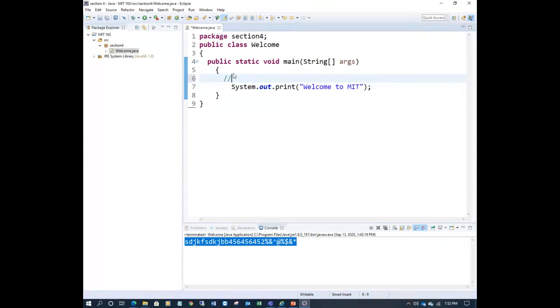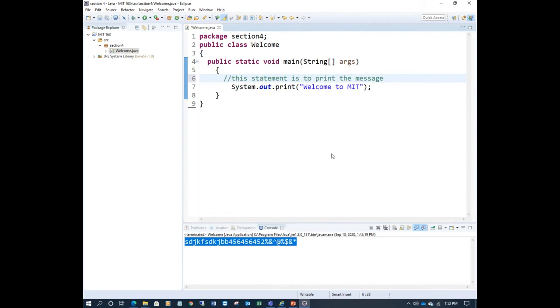So write the comment here: this statement is used to print the message.